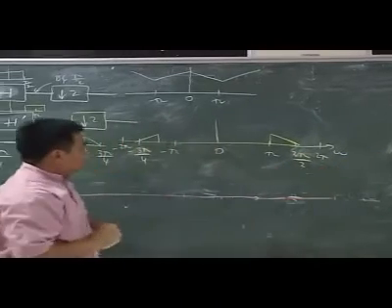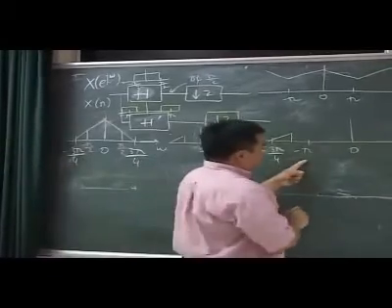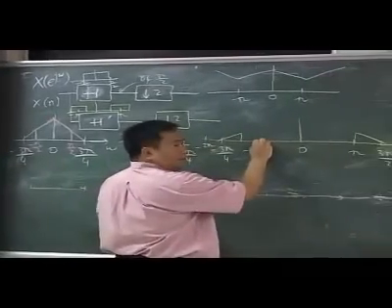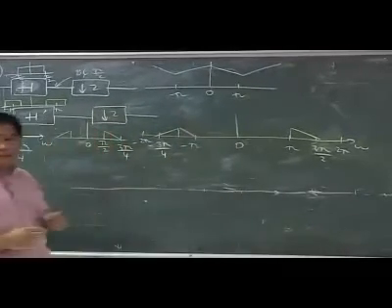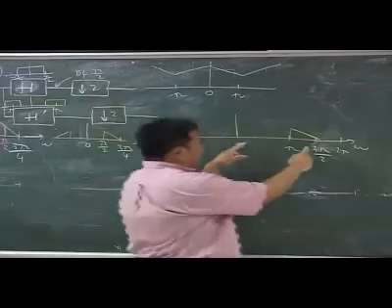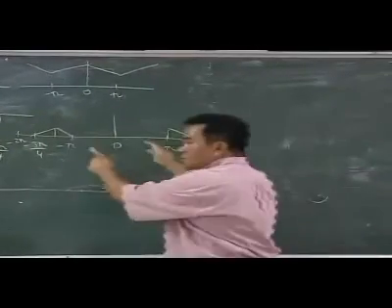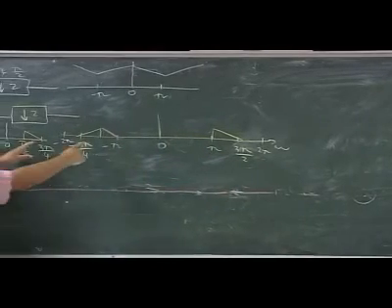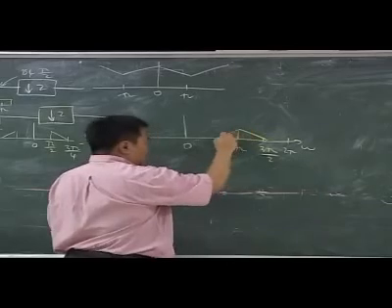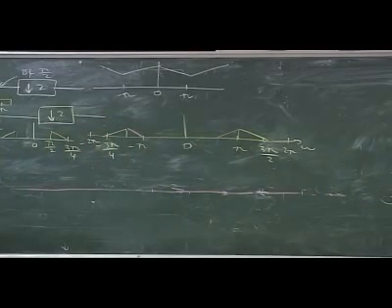What is 3 pi? It's minus pi. So how do I draw this? I'm taking this one, shifted by 3 pi. It's wrapped around and going back to here. I do the same thing here and go over there. So you see that